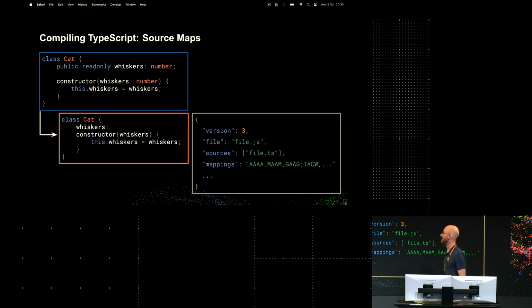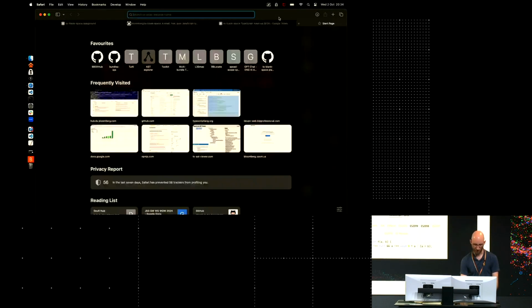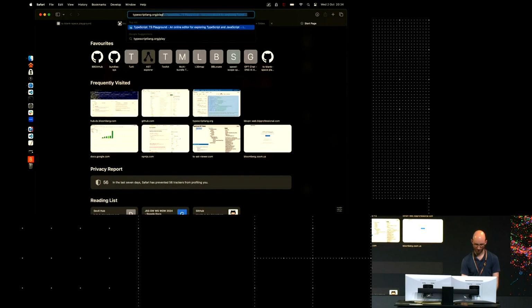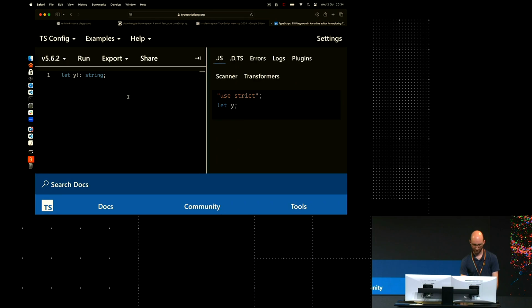One of the key things here, because of the transformers, the code is moving around. What you put in doesn't line up with what you get out. And that is particularly true for TypeScript. So here, if I put in a class with some field,